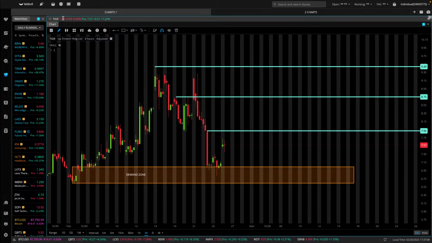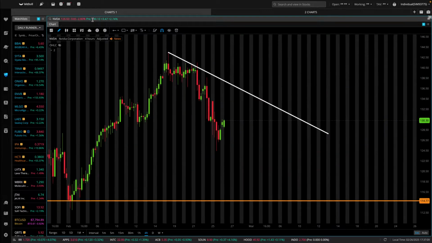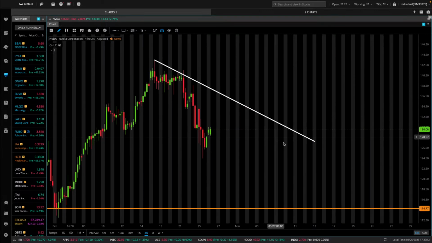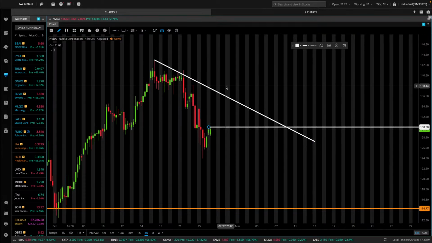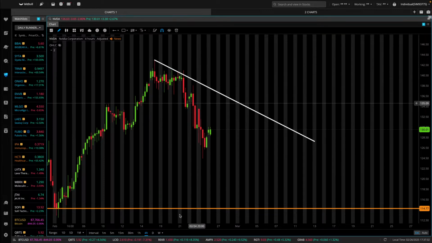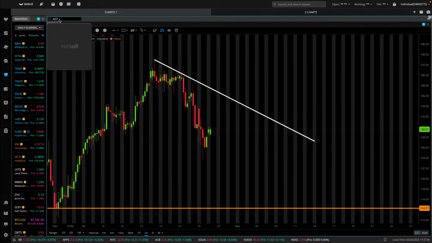Can you look at NVDA? NVIDIA is right here. So it's still in a downtrend. It's still bearish. It looks like it's trying to reverse. Maybe I would say above this high here, should continue to go up above 130.50. But at the moment, it looks like everything is reversing, but we'll see until market open. Because you got to wait, because the issue is that it can run up, and then it can just tank at open. So it can fake everyone else.